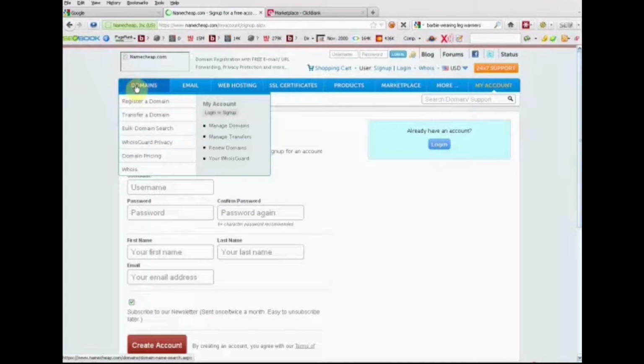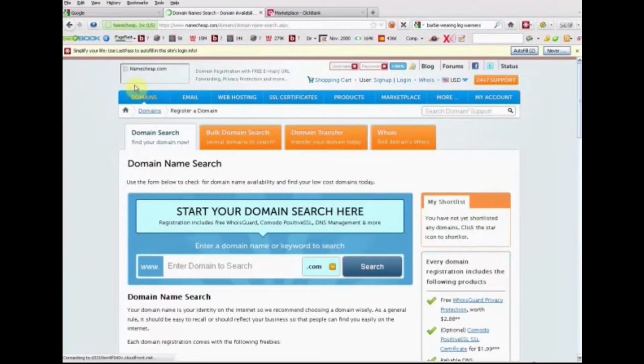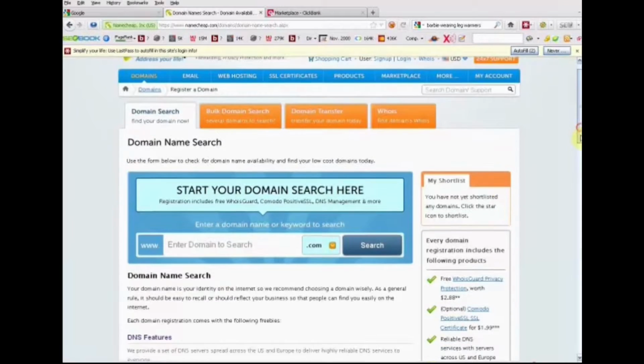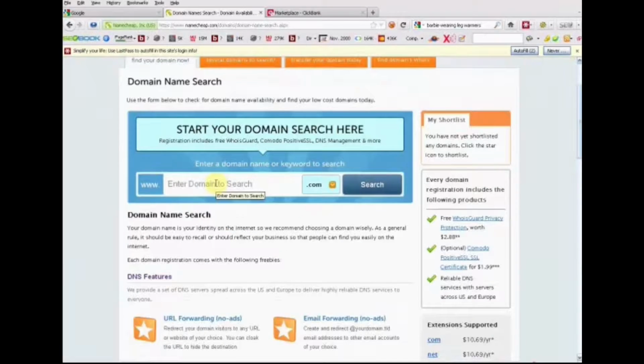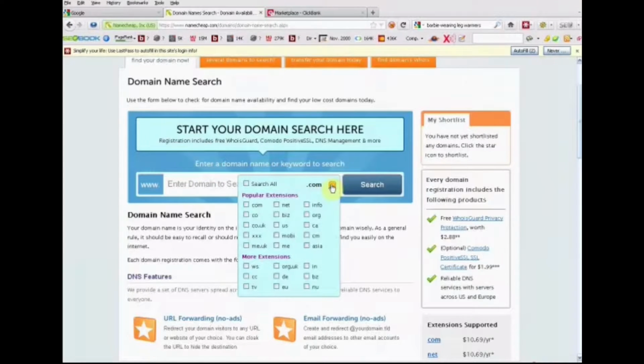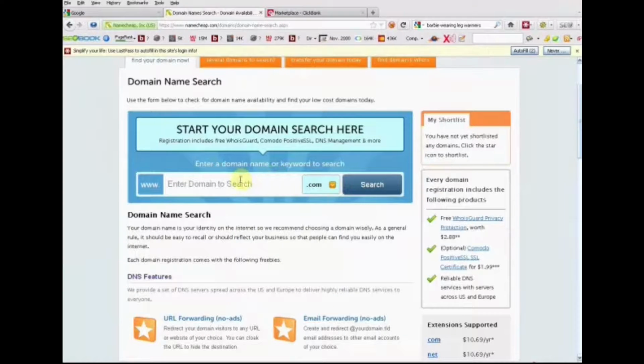So if we go back to the domains setting, and to find a domain name, just enter the domain into this search box here and select what extension you're looking for, so that's .com, .net, .info, .co, etc, etc. So in this instance, obviously we're looking for a .com,